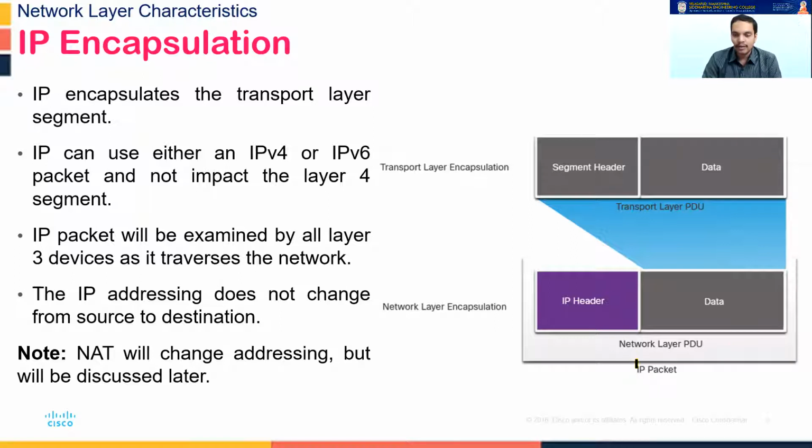The name given to the network layer PDU is the packet. The transport layer's PDU is often called a segment. Now when the packet goes to the data link layer at the bottom, a frame is created. So the data link layer's PDU is called a frame. This process of addition of headers at each respective layer is called encapsulation. Network layer does that. Once you have the source IP address and destination IP address added in this IP header, it will remain the same until this packet reaches the final destination.